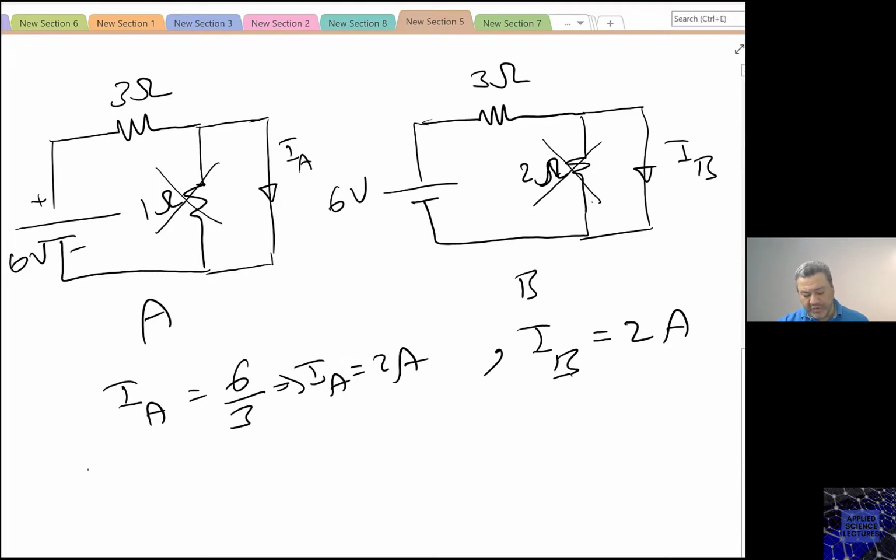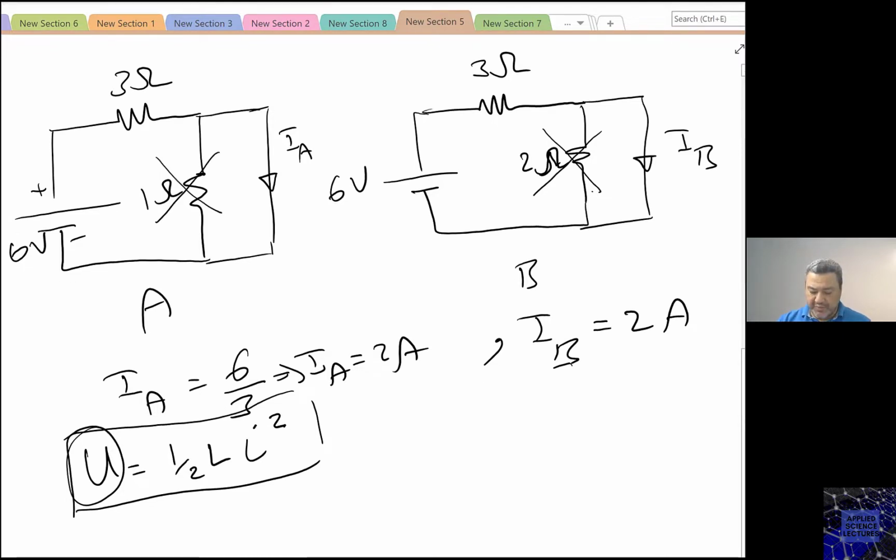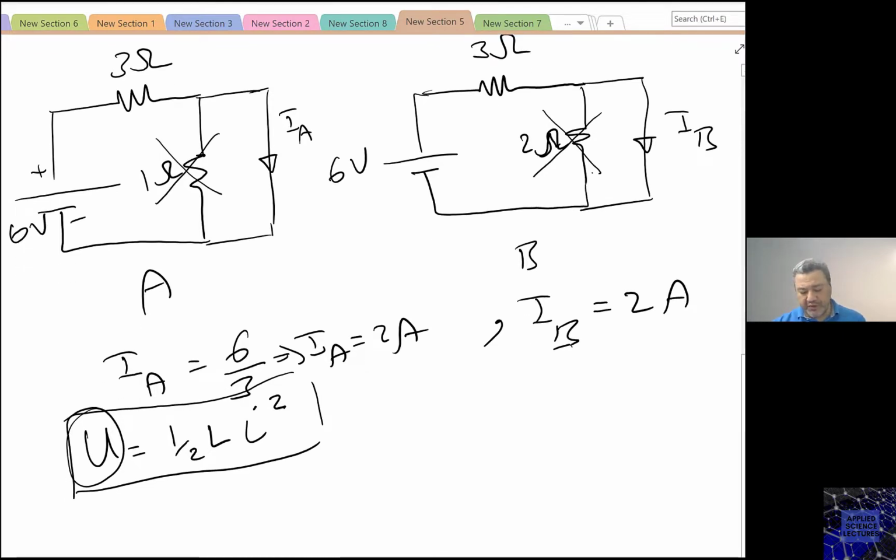Why? Because the energy equals half L I squared, as we will see later on. We have identical inductors and the same current, which means that the energy stored in those two inductors would be the same. So this is what we have found. Now when the switches are open,